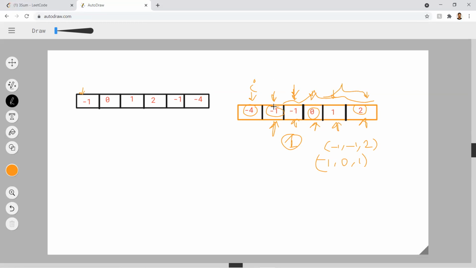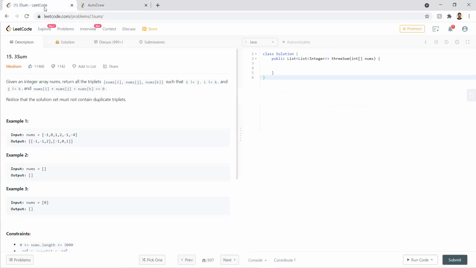But the thing is, I should go till this part, because we need to check for a pair of elements. That means if I goes beyond this point, we can't check for any pair of elements in the preceding array. Now let us think and write a code to solve this problem.